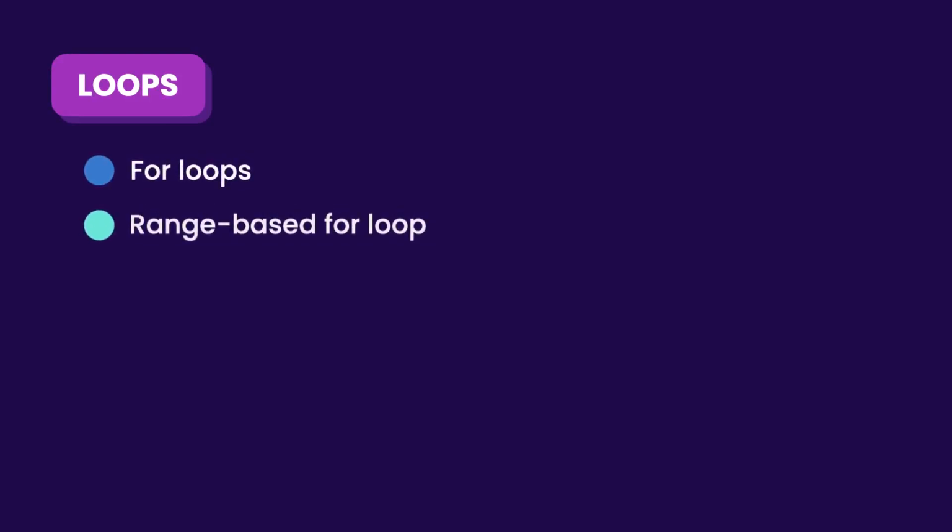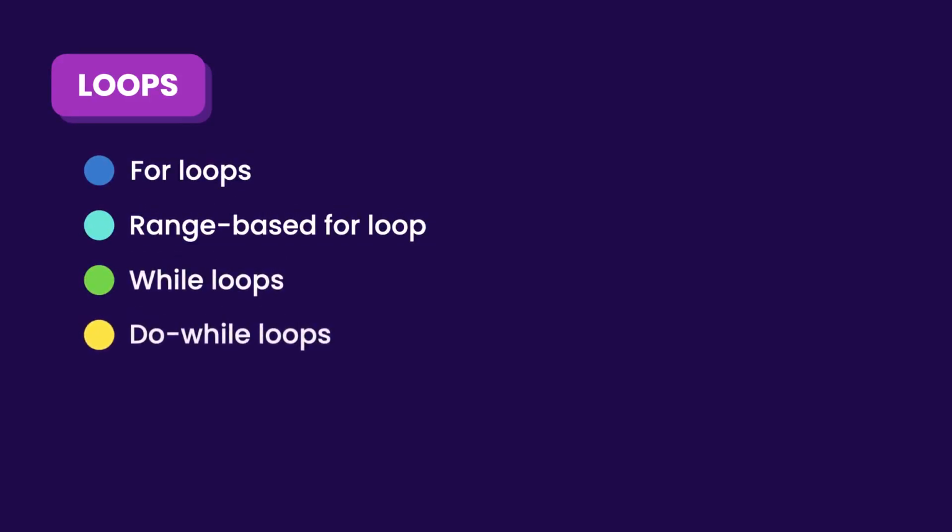So you learned about 4 types of loops in C++. We talked about for loops, range-based for loops, as well as while and do-while loops. Now I told you that each of these loops has its own uses. Most of the time we use for loops in situations where we know ahead of time how many times we